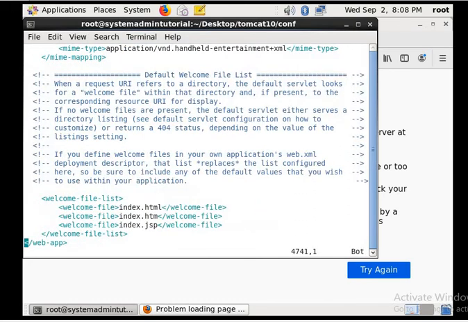Now we are at the end of the file, so go to insert mode. In insert mode, we add the parameters for the error page.